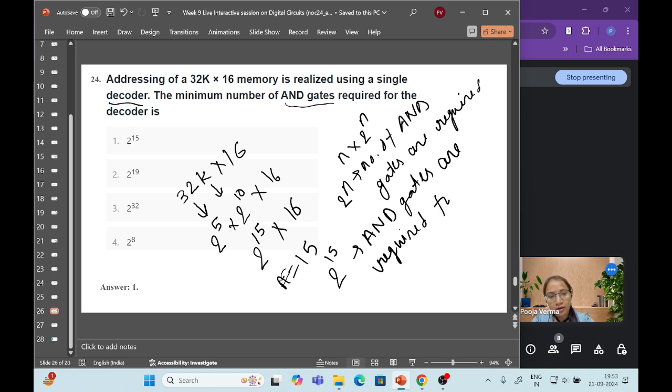Required for decoder. Okay, so that is 2 to the power 15, the total number if we implement using the decoder. So the minimum number of AND gates required is 2 to the power 15. Okay,